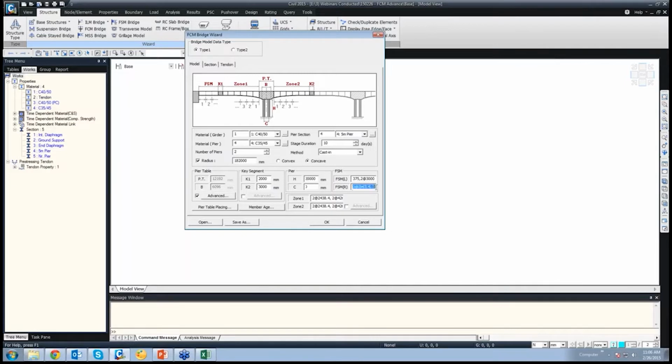Similarly on the right side. Then the balanced cantilever part.